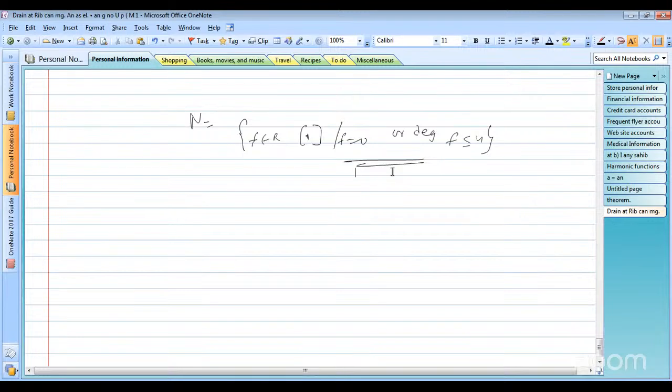Degree of f is the degree of the polynomial f defined in R[x], where the coefficient of x to the power r is the last non-zero coefficient. Then N is a submodule of the R[x] module. x to the power n belongs to N is the condition we are taking, but x into x to the power n belongs to N is not correct. Then the theory of submodules we are taking here of a module is analogous to